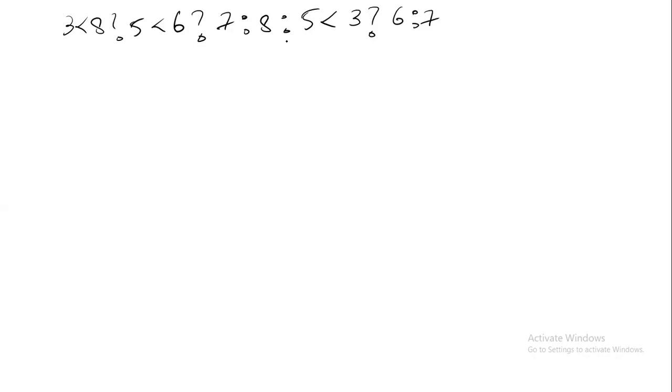1 colon, 2 colon, 3 colon. So it is balanced now. It is balanced, so I'll put a semicolon. My question is complete. It is balanced. So now, how do I solve this? What do you have to do?